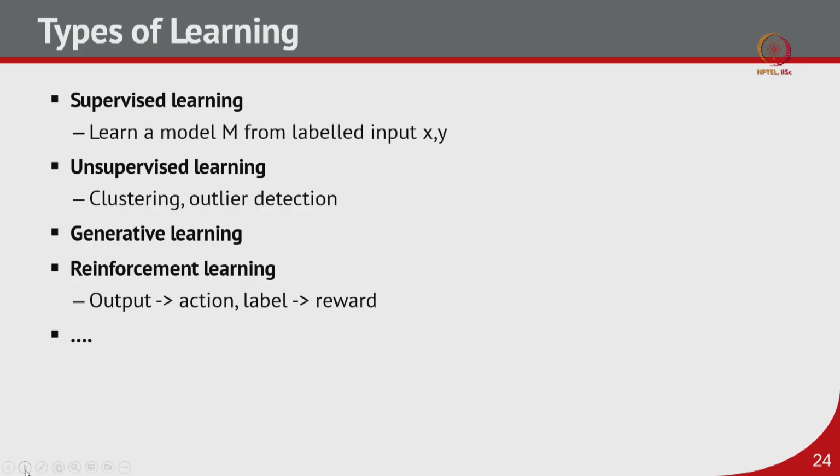But in the space of machine learning there are different types of learning. Some are called supervised learning, where we need to learn a model M from labeled input x and y, right. Again, if you go to this weather prediction task, remember that we knew the weather features of the previous day, the day before that, and all those things, right. Based on that, we already have some data of a few years or maybe a few months. Now those known data are called labels. For a given feature, we know the next day's temperature. So the features we know, and then we know the corresponding labels, right.